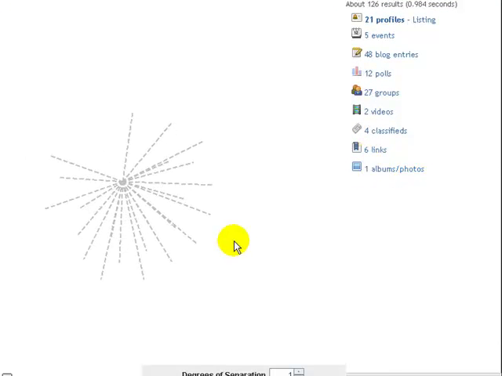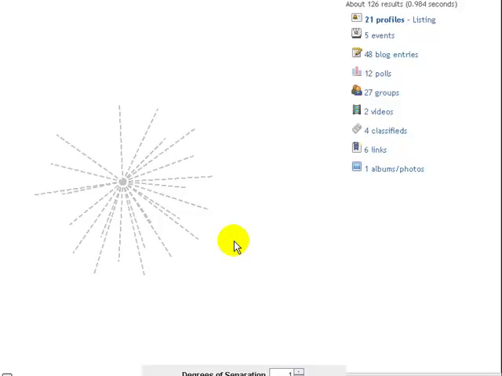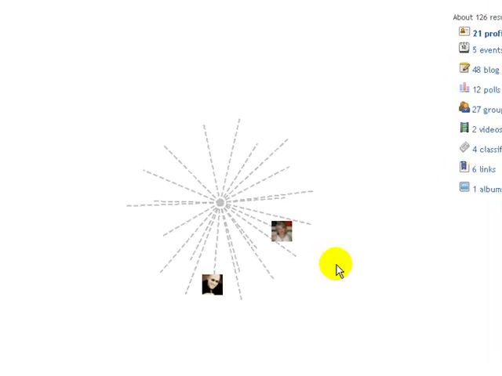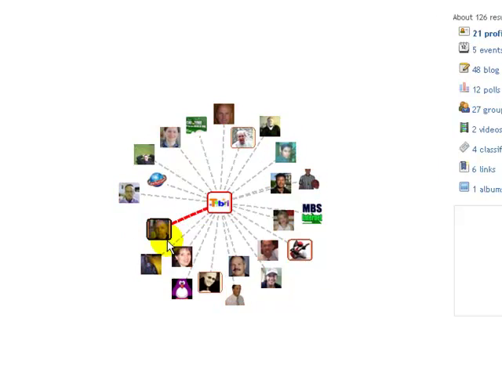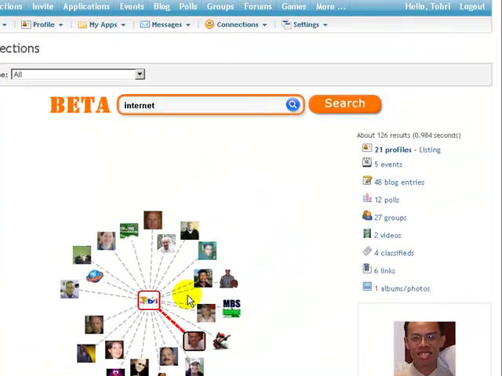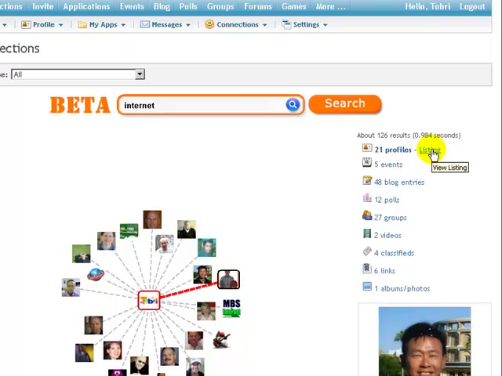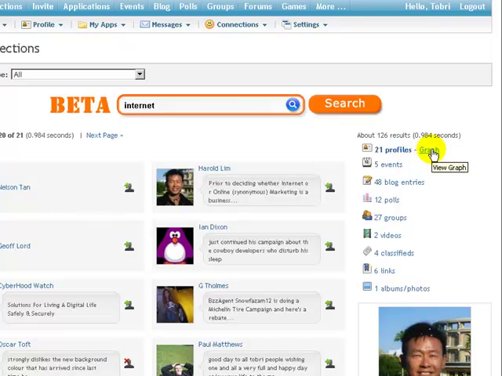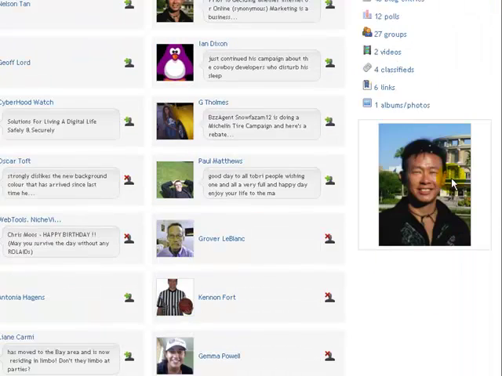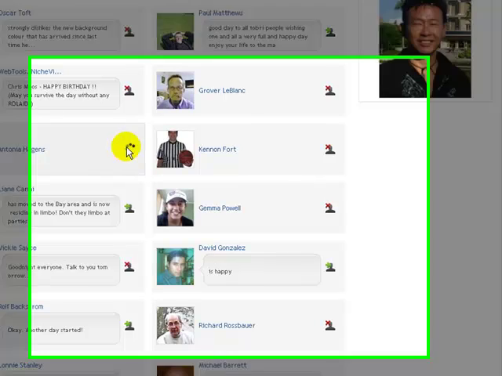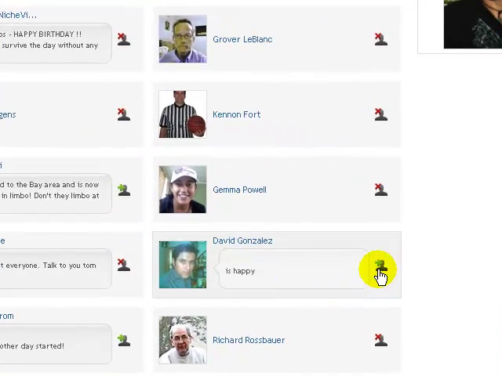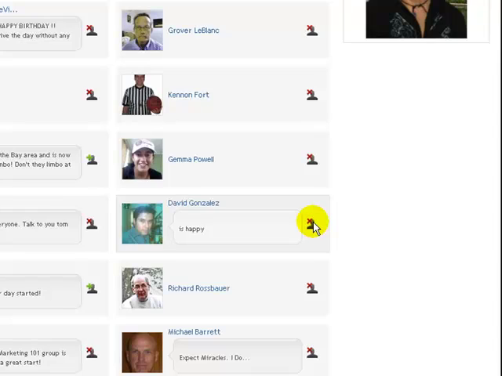Now what you're going to see initially here is just the 21 immediate profile connections, and you'll see those populated with the pictures. You can see how those are. And occasionally you'll find another example. So we can look at the listing, and we'll be able to see that there are 21 examples right here. And you can see if you're following those persons or not following those persons. It gives you a way to expand your network